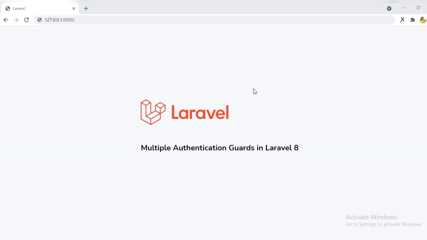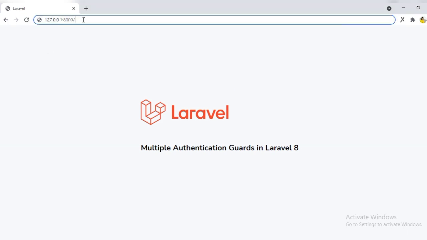In this video we are discussing multi-guard authentication in Laravel 8. For any application we have different numbers of users that have roles and permissions which differentiate the users. Here we are using multiple guard authentication, allowing the users and admin to log in separately, and we are also creating separate tables for admin and the users. In this video we are discussing how we can log in as an admin as well as a blogger.